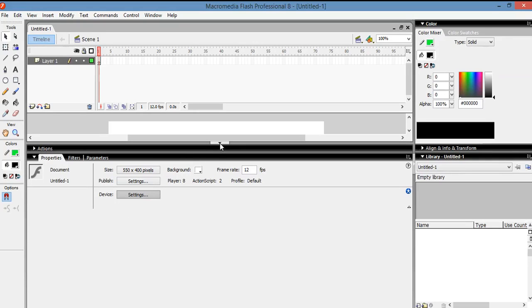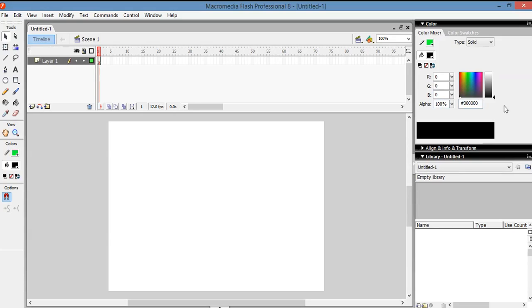You can hide or display this window by just clicking here. Then this right hand side part is the panels. That is color mixer, color swatches, alignment, library, like this. Now we will see one by one. This left hand side part is the tools, which contains different tools for drawing any object or creating the animation. First part is